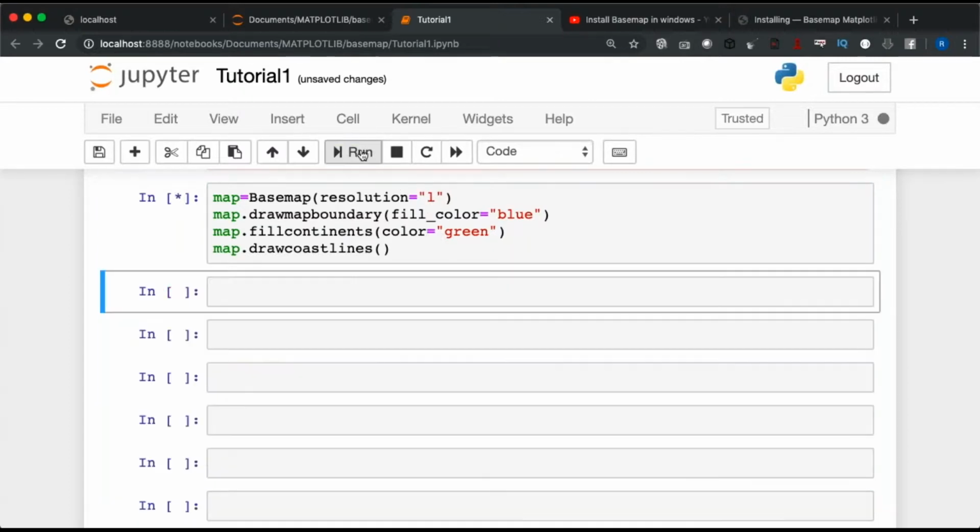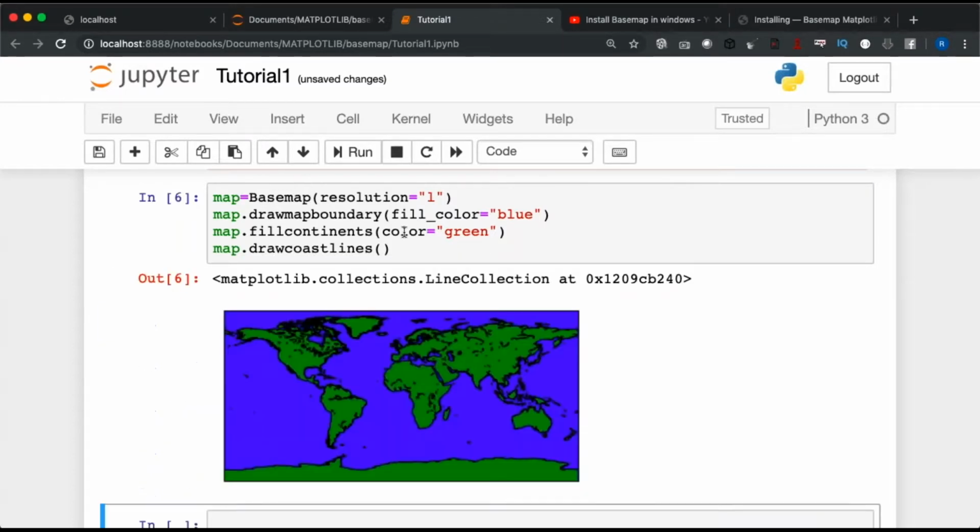else L, meaning low. Now it will be fast. It will definitely be faster. See,